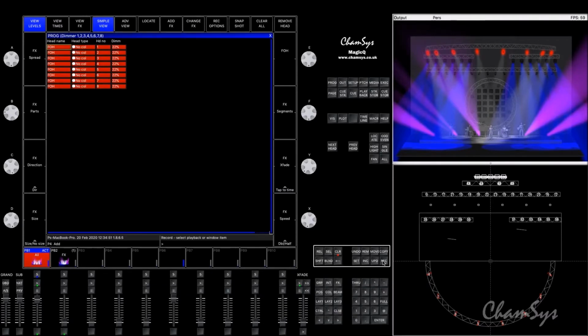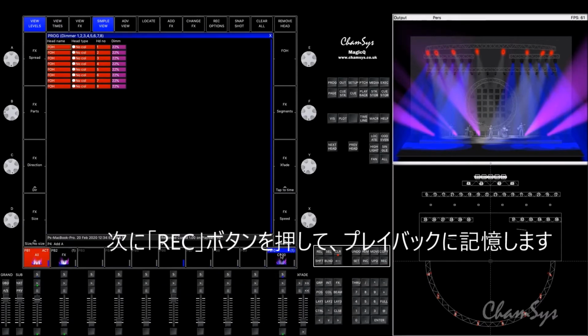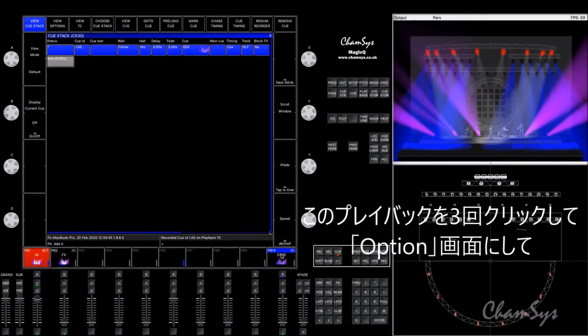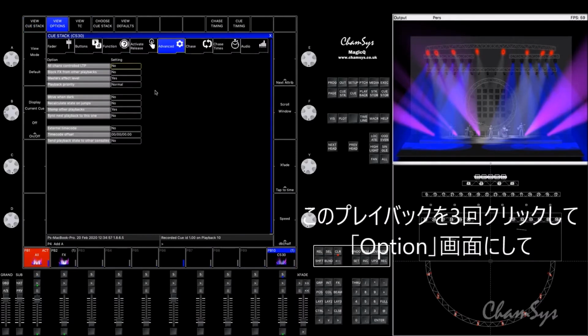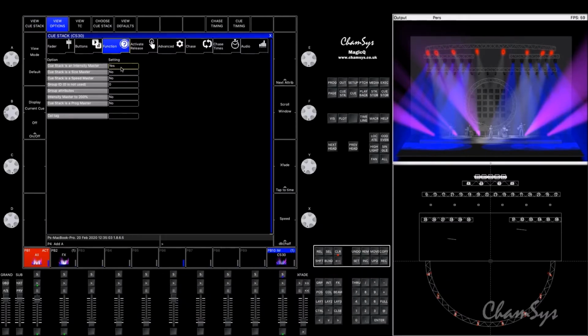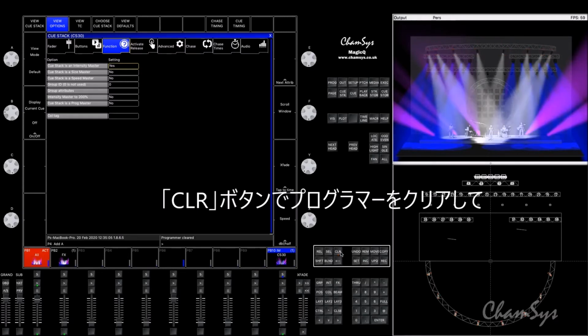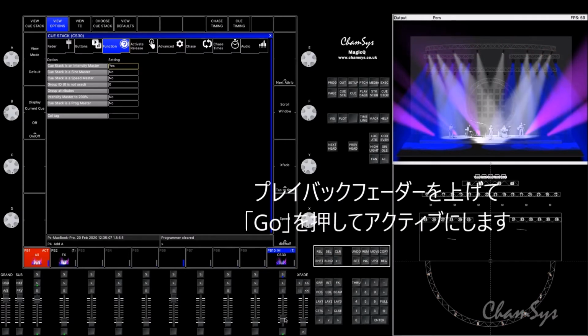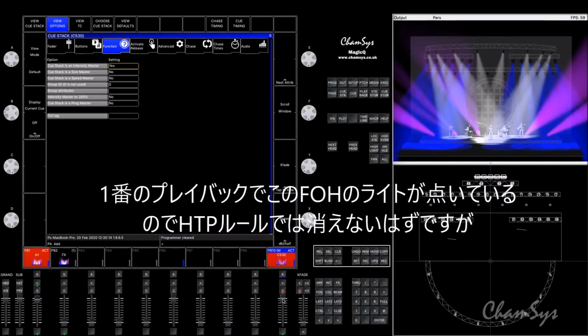So I'm going to record this to playback 10, and then I'm going to triple click my playback 10 and set its function to be an intensity master, yes. Clear the programmer, and now its behavior has changed. I've got to run the fader up, then hit the go button, and at full on the fader, my intensities